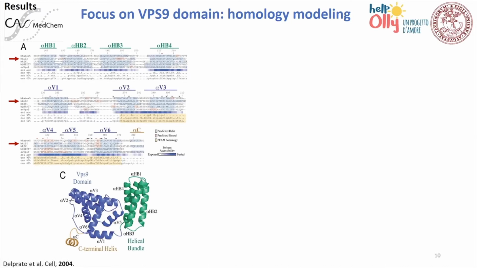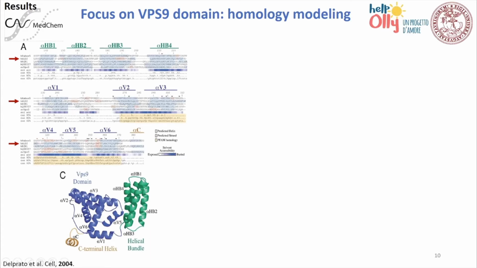Now, what they showed here is that when one tries to do any alignment of other VPS9 domains with the Rab5, which is the template for a potential homology modeling, there are some gaps. And therefore, the best way to model this is basically to align clusters of sequences, to align just some sequences. And indeed, they break down the structure of the VPS9 domain of Rab5 in three major components: the VPS9 domain core, highlighted in blue here, the so-called helical bundle, and the C-terminal.